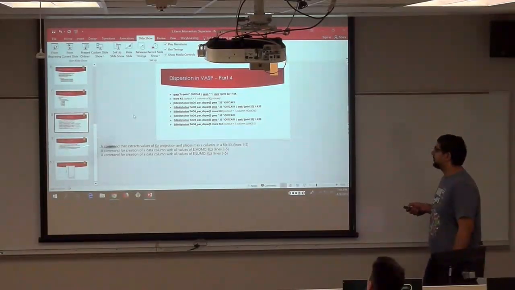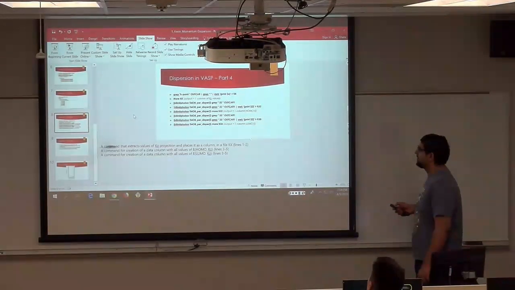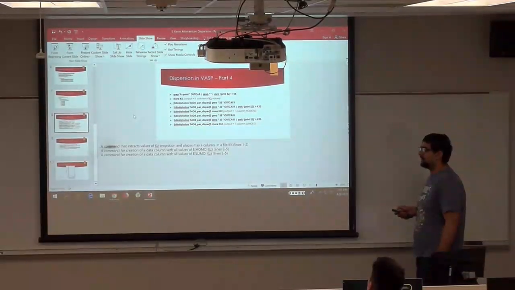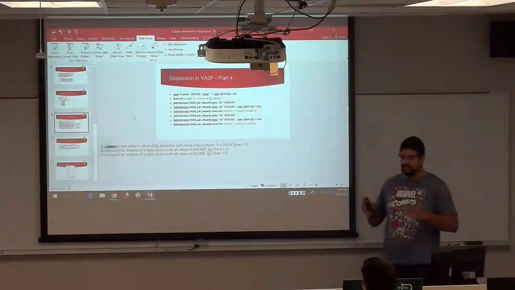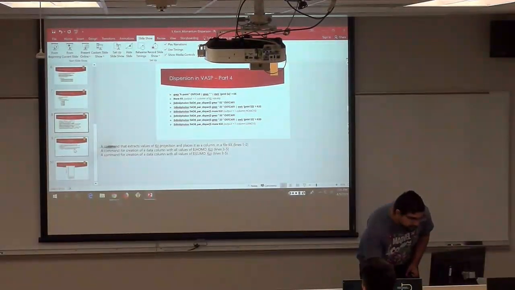And then for lines 6 on, the last 3 lines, we're doing the same thing, except it's our LUMO energy, okay? So these are all the commands for extracting all 3 of these values, creating them in columns. All right.